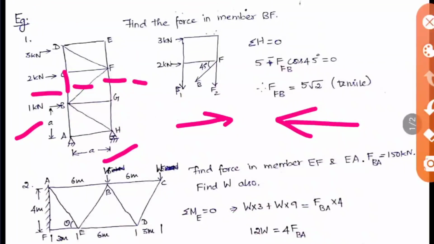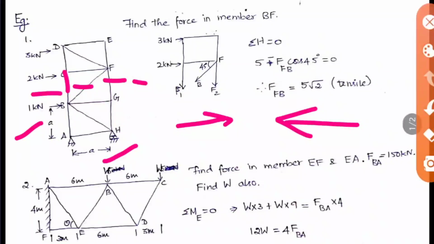If it has to be considered as a horizontal force, it means you have to multiply with cos theta. If it is a vertical force, it means you have to multiply with sin theta. Okay, so here it is minus FB cos 45 degree, and then when you take FB, it will be 5 divided by cos 45. So cos 45 is 1 by root 2. So we'll be getting 5 by root 2.